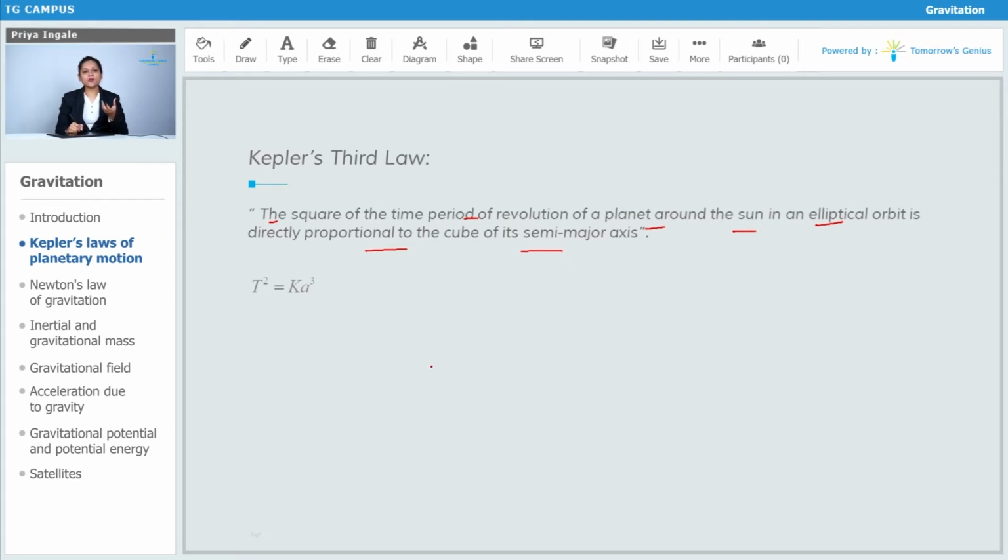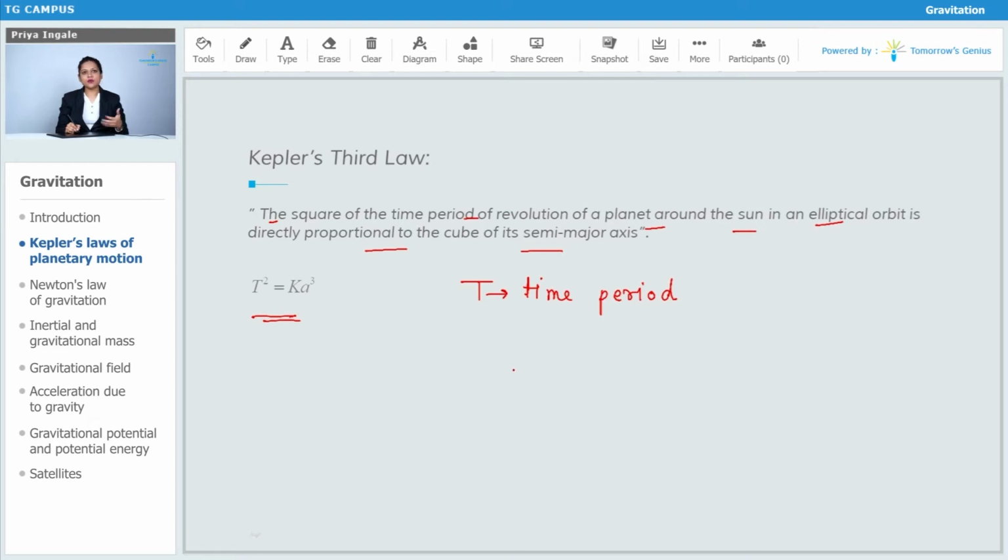So when a particular planet completes one revolution, the time taken by that planet to complete one revolution is known as the time period. Okay, so this time period has some dependency on the semi-major axis, and the dependency is given by Kepler's third